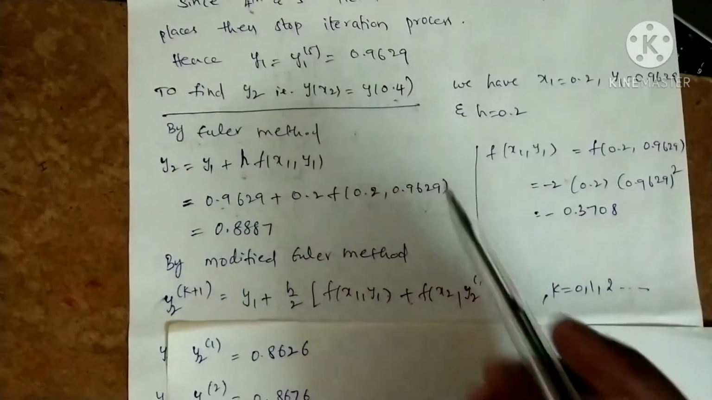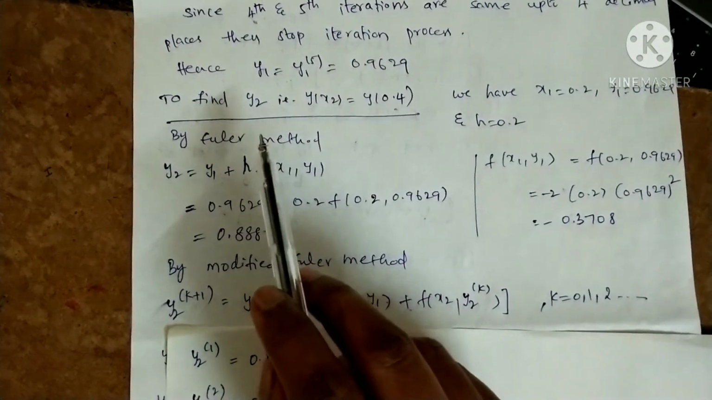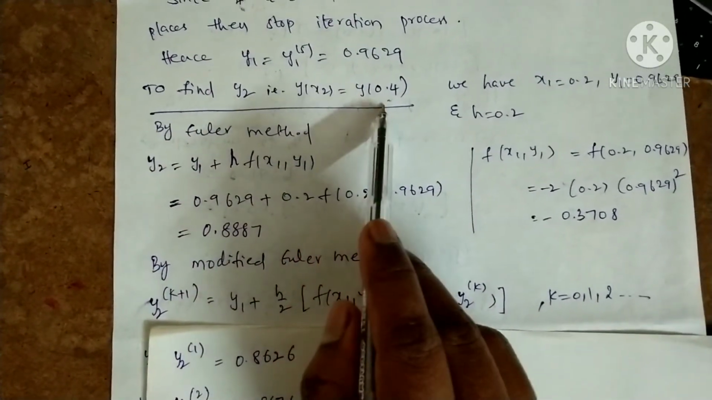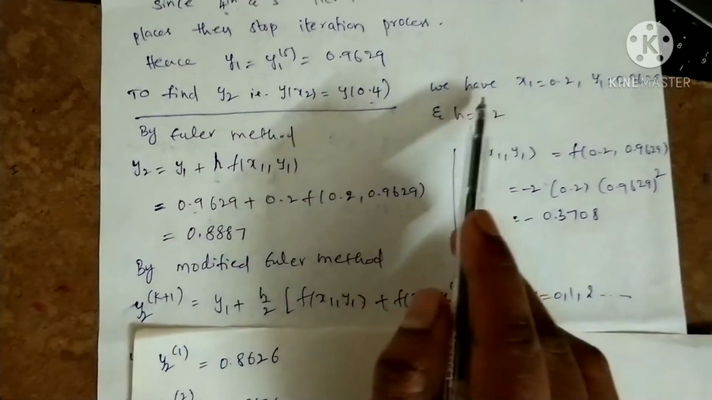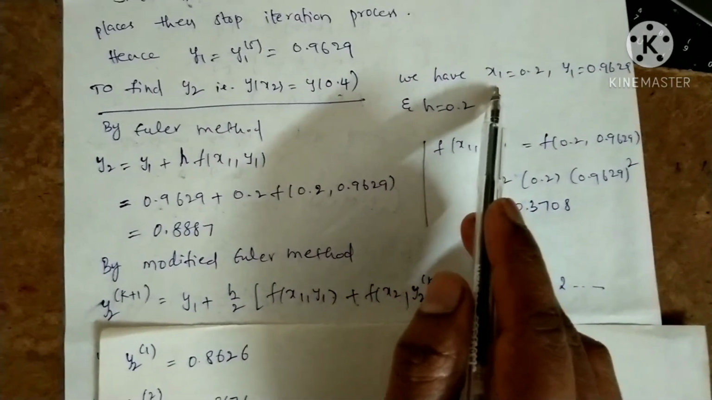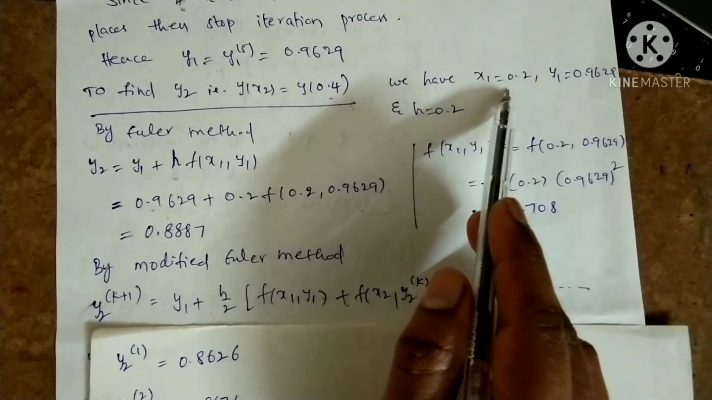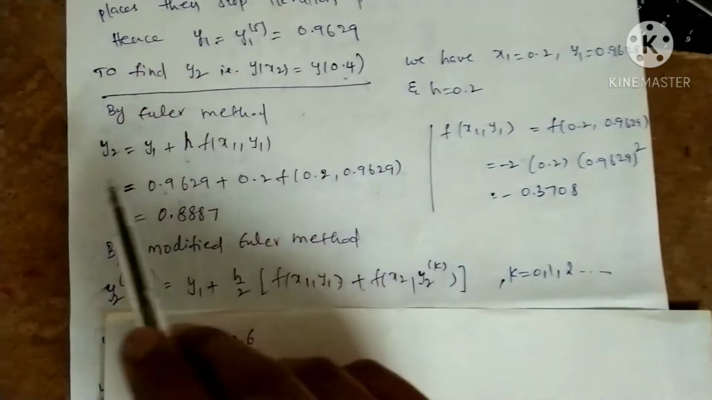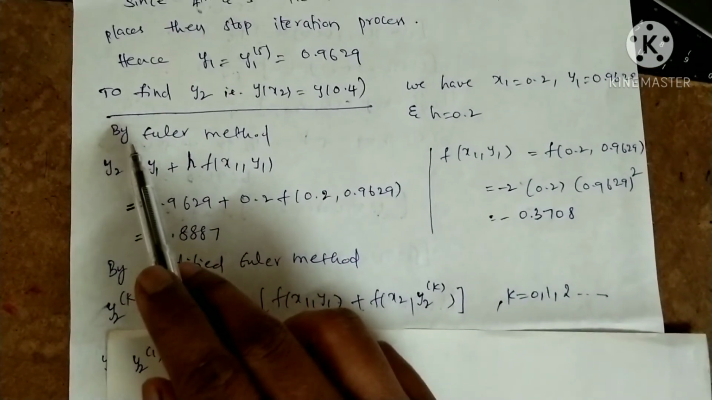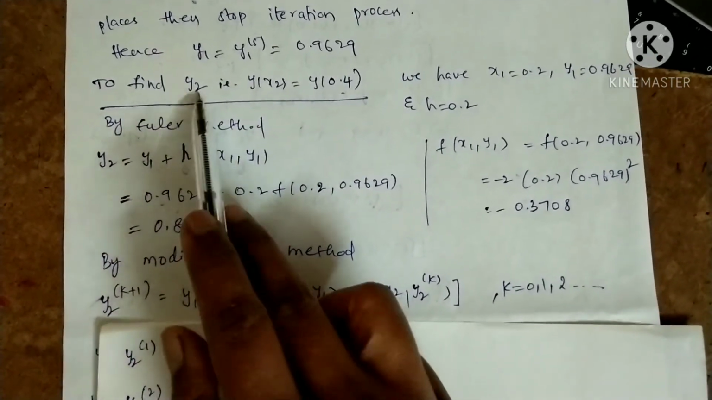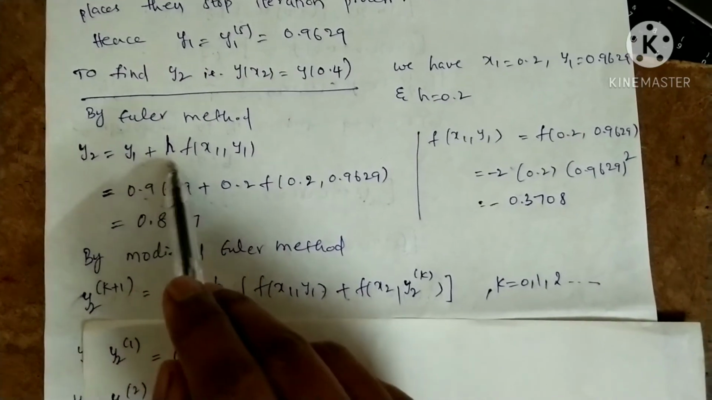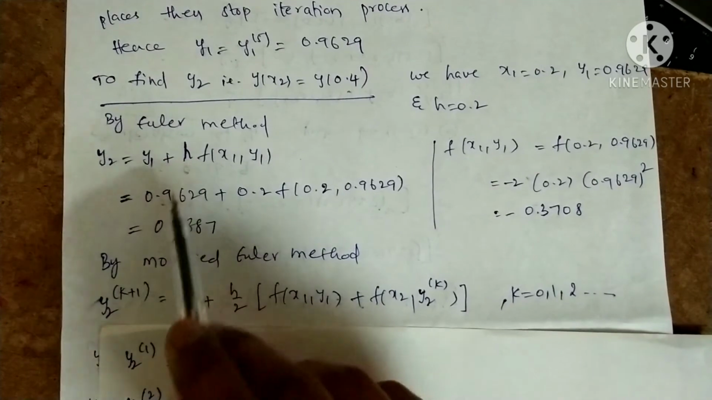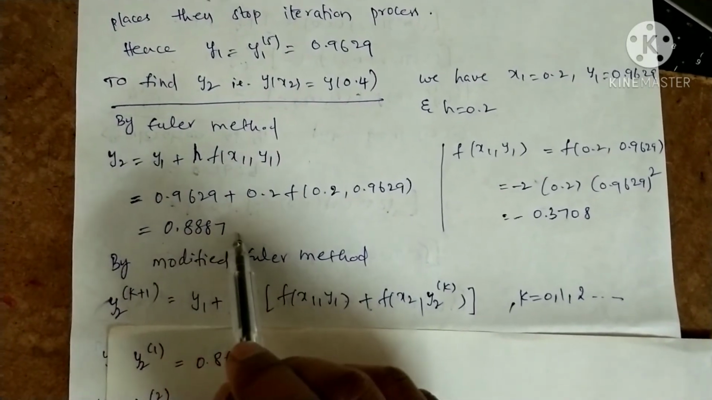Now using x1, y1, we need to find y2 at x2. Let us find y2 at the point x2, that is nothing but we are finding y of 0.4, for which we use the preceding point x1, y1. x1 equal to 0.2, y1 is 0.9629, h equal to 0.2. Now in the first step we need to find the Euler value of y2. y2 is given by y1 plus h f of x1, y1. Let us use the known data x1, y1 and h here,